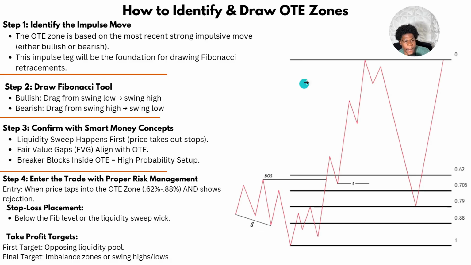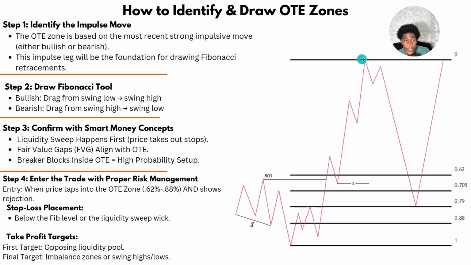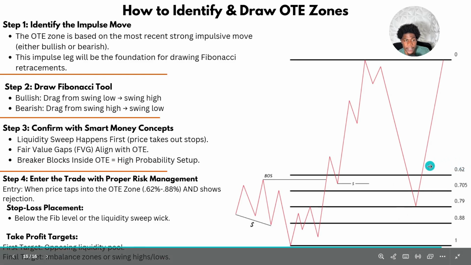Let's go over this schematic right here. We see price push down lower and rallied higher and give us a full body breakup structure of this old high right here. Then price pulled back and gave us this liquidity low right here perfectly and rallied higher and continued this uptrend. The impulsive leg was from this old low to this old high. So all you're waiting for is a retracement back inside of your OTE zone, either from the 0.62 or the